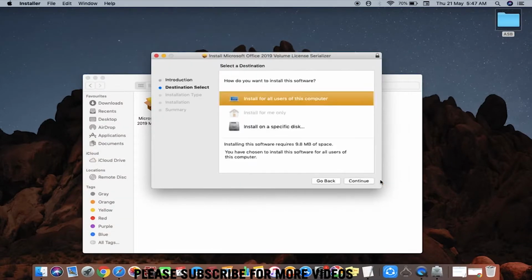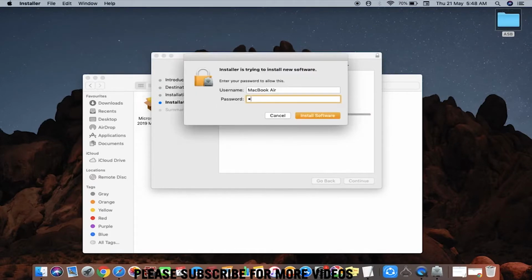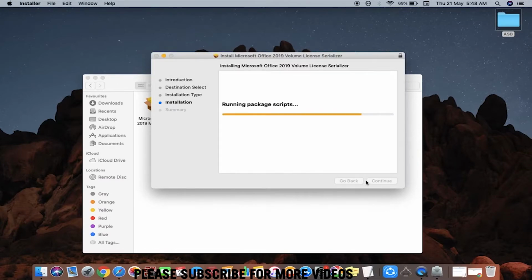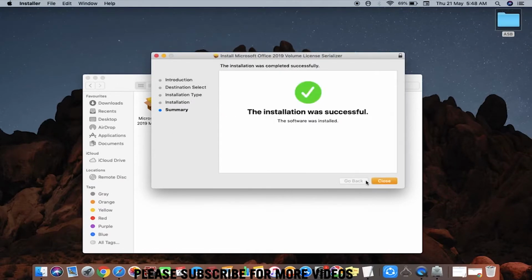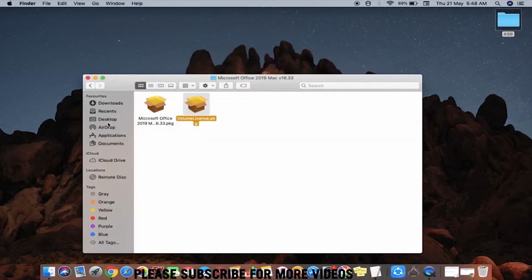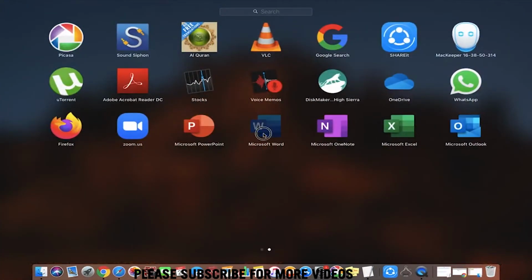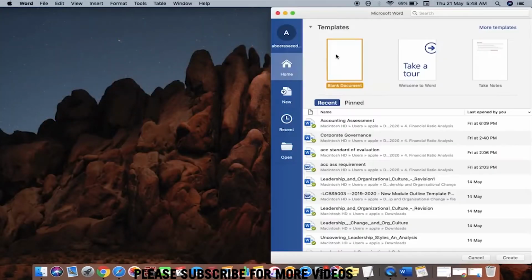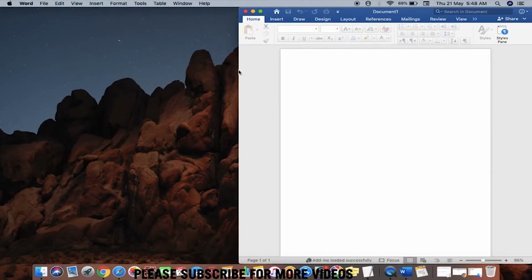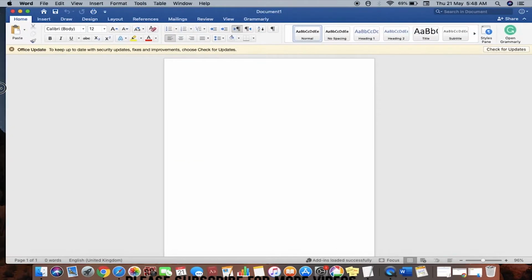Double click on the volume license, click on continue, install. Then put in the MacBook password, the same password, install. As you see, it was successfully installed. We keep it, then minimize the page and try to open the apps to check.